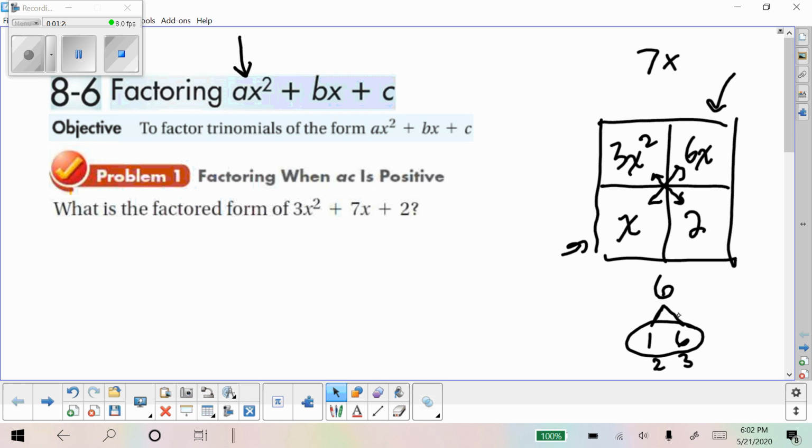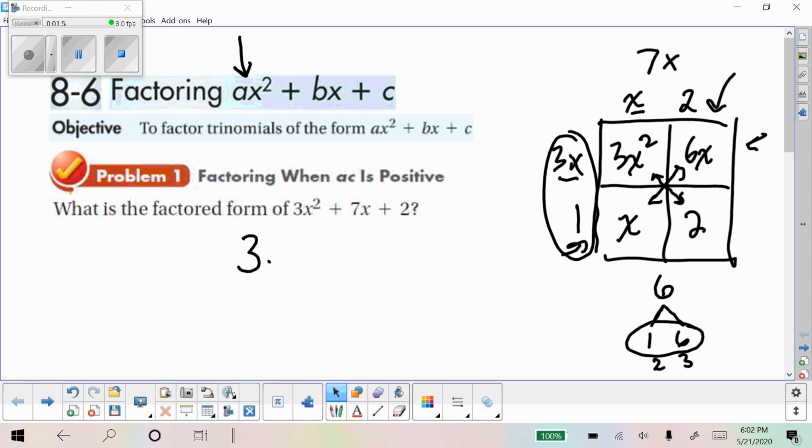And then I'm going to take out the greatest common factor. For this top row here, the greatest common factor is 3x, so that would go there. Now I can do lots more with that. Now that I know that this is 3x, this has to be x, because 3x times x is 3x squared. Okay, and 3x times 2 is 6x, and x times 1 is 1x. So now I have my dimensions, 3x plus 1,